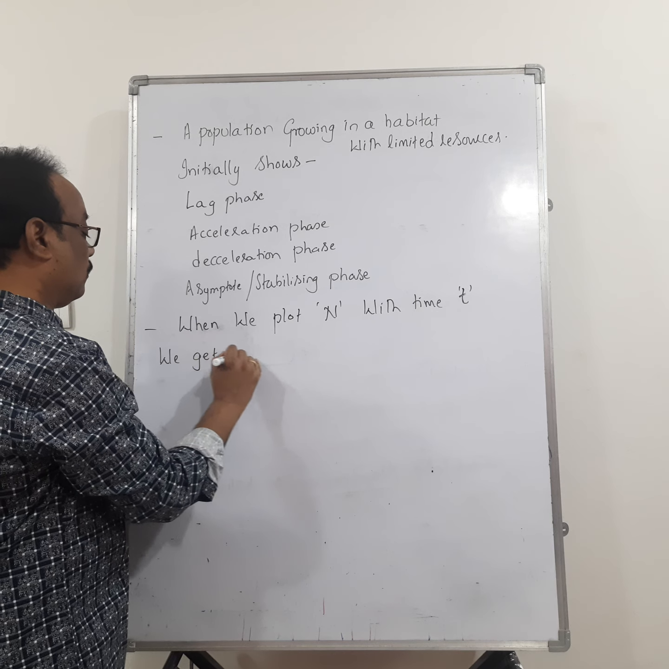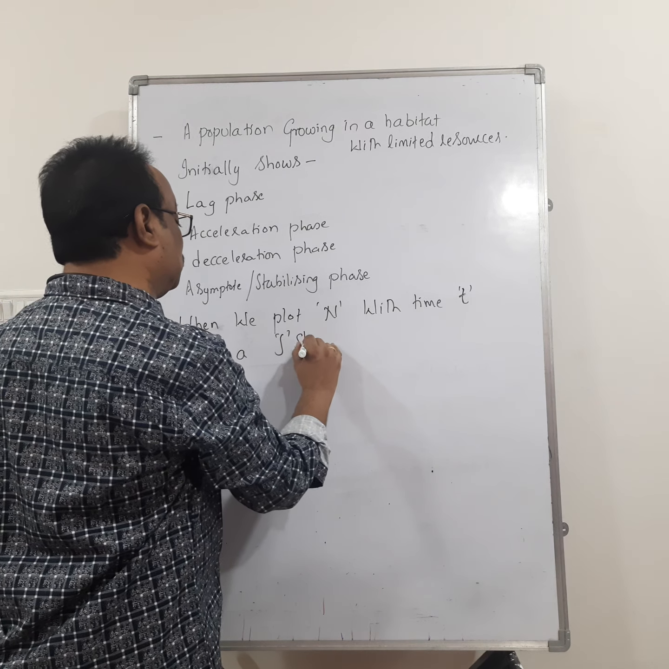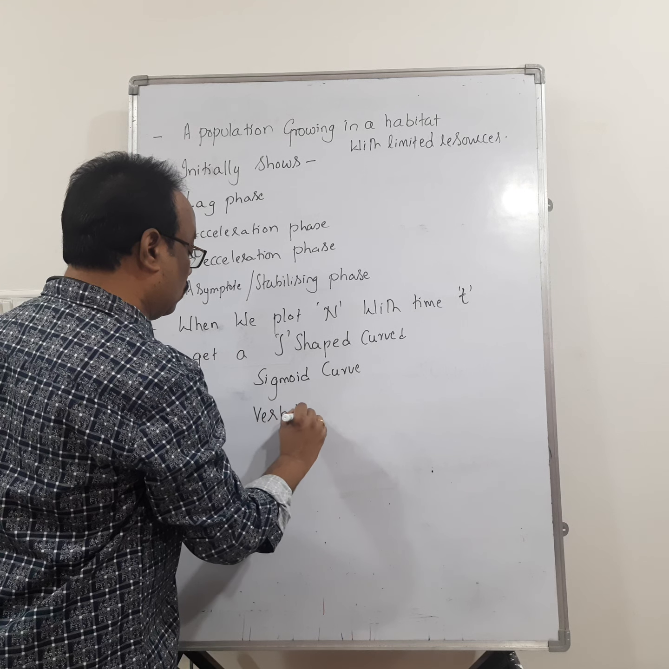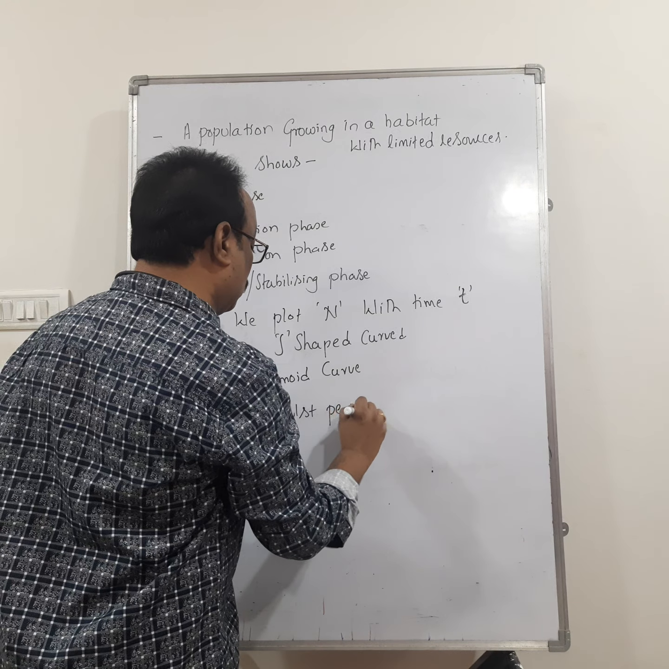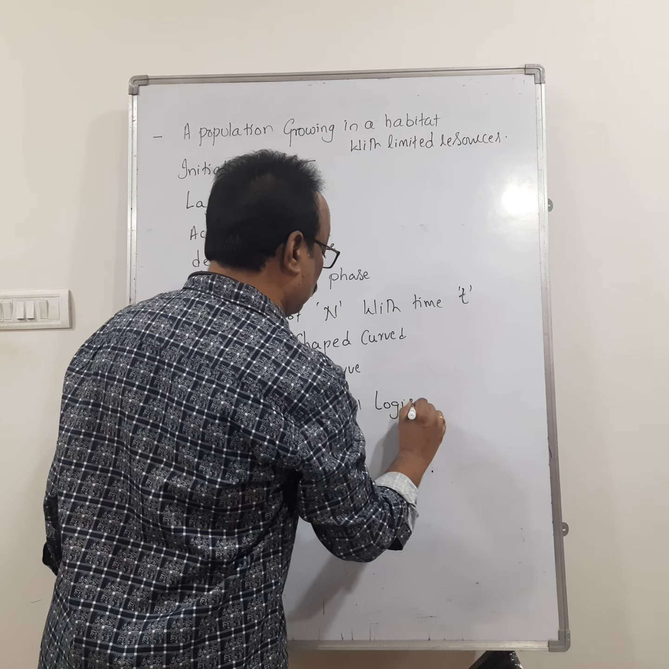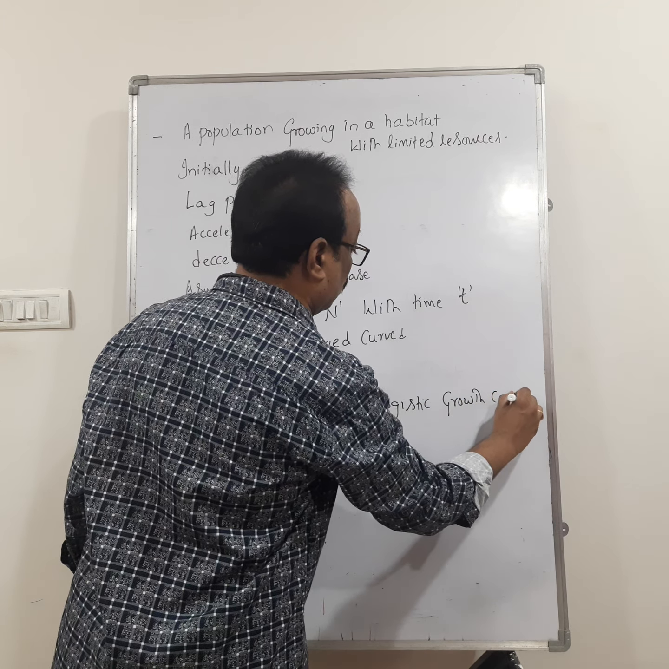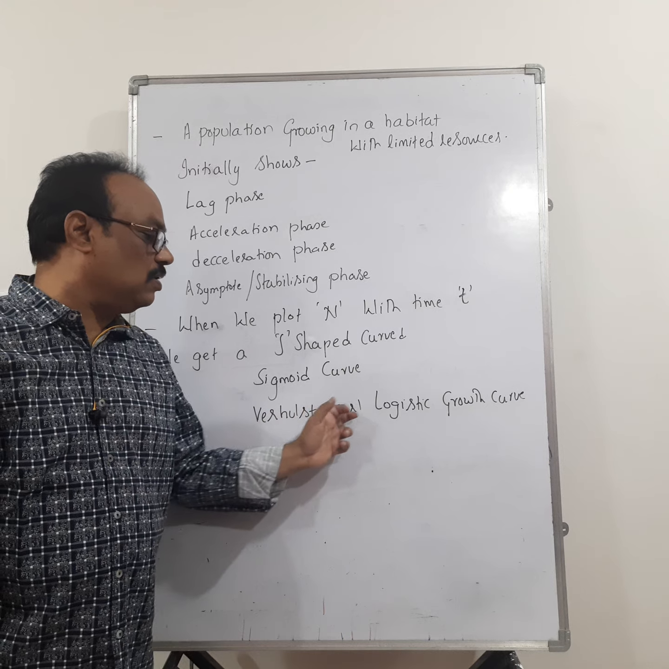we get an S-shaped curve or sigmoid curve or Verhulst-Pearl logistic growth curve. So it is called as S-shaped growth curve or sigmoid growth curve or Verhulst-Pearl logistic